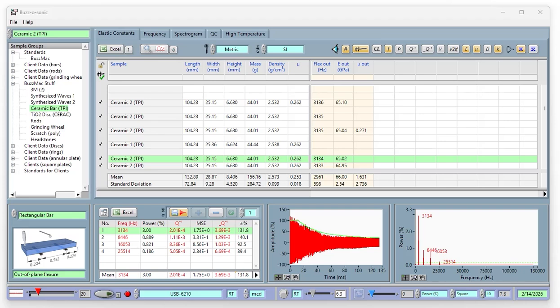Okay, today what we're going to talk about is how do we identify the peaks in the spectrum. So I've got a ceramic that's been tested. I've already got the dimensions, the mass, and a Poisson's ratio put into the table here. I've measured the flexural resonant frequency, the out of plane flexure, and I've got the corresponding Young's modulus